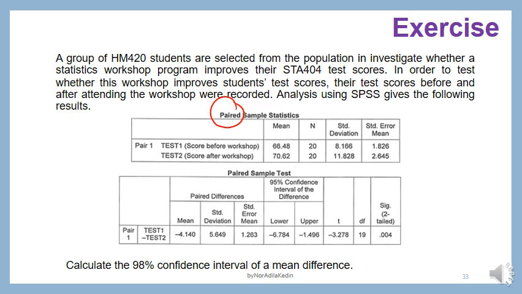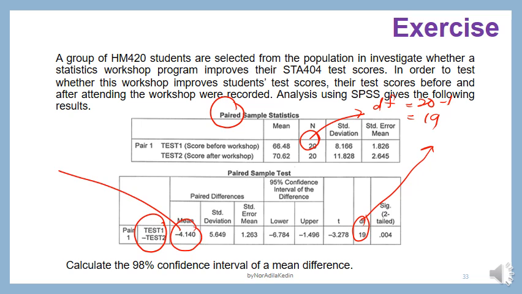Paired sample dependent. Okay, so daripada sini boleh tengok degree of freedom sama dengan 20 tolak 1, 19. Dekat sini juga dia ada bagi degree of freedom. Okay, dia bagi mean. Dia kata difference dia adalah test 1 minus test 2. So macam mana dia dapat negatif 4 ni? Awak kena buat test 1 minus test 2, which is test 1 66.48 minus 70.62. This is your standard error. Okay,